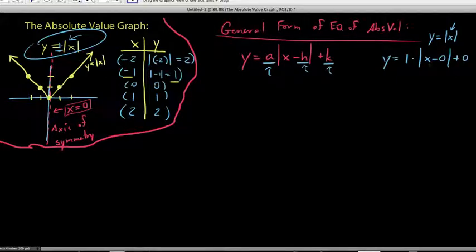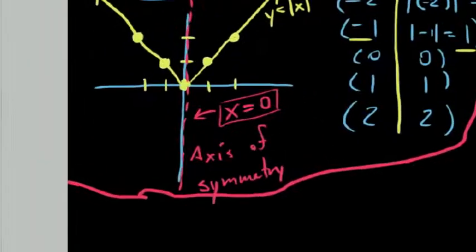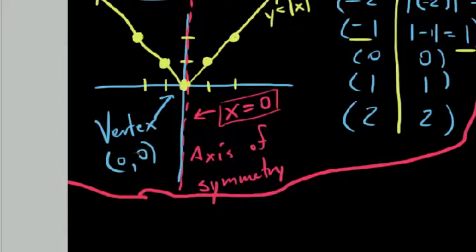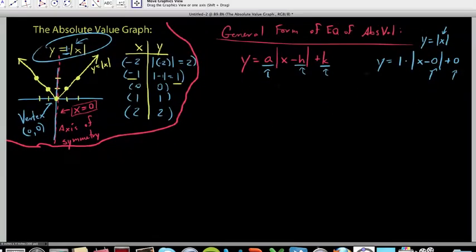But these numbers here actually tell me something about the graph. Just to be honest with you, we were going to discover this now, but this 0 here and this 0 here implied to me that it was going to be centered at the origin, the vertex. By the way, let's go ahead and label that on our picture over here. Every absolute value graph has a vertex, and that vertex is in this case 0, 0. Those two zeros, h and k, told me where my vertex was going to be. And then this 1 out front, my a value,